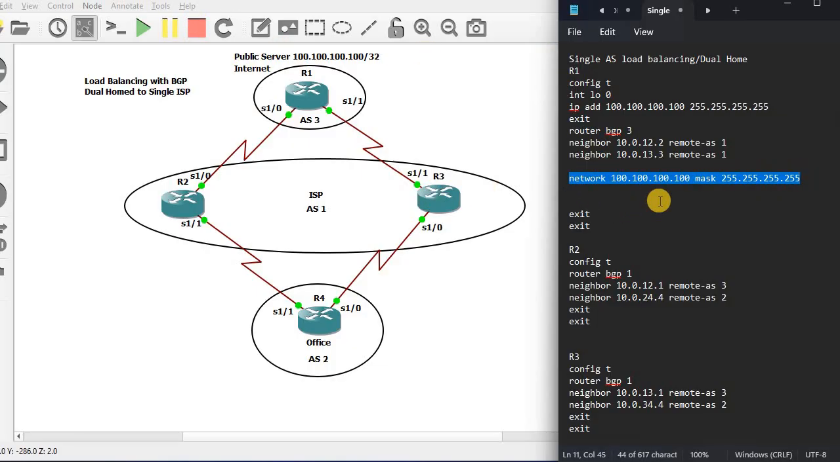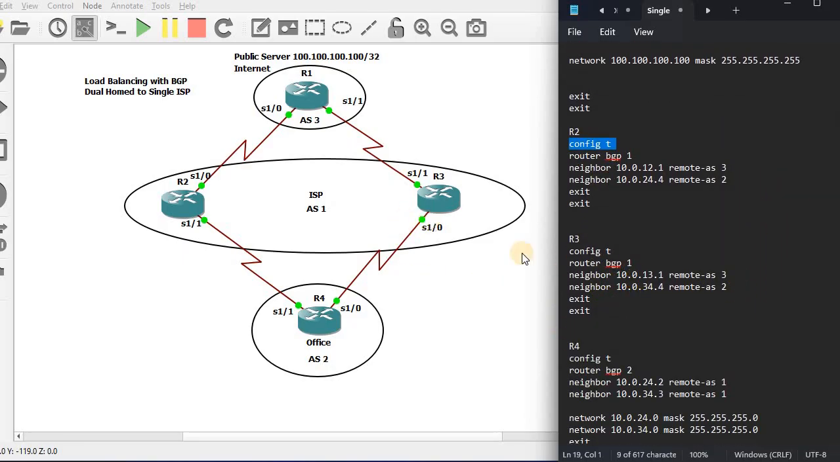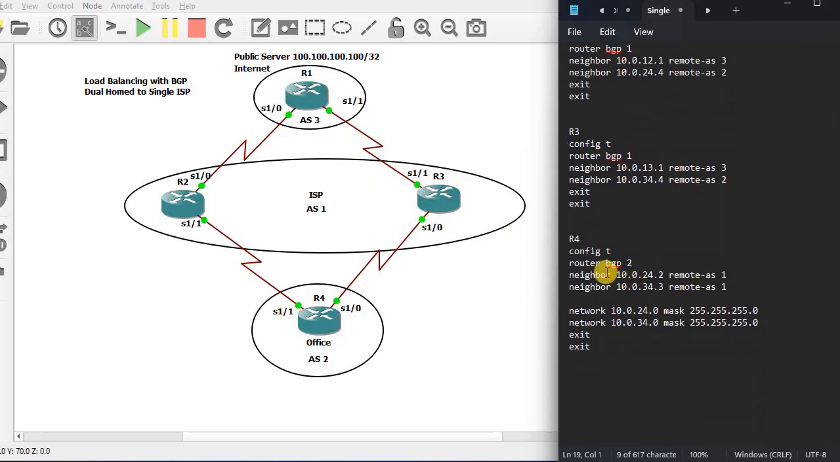Nothing else to do. Then in R2, I configure just BGP 1, because this is AS1. I just make R1 a neighbor and R4 the neighbor. R3 also has the same configuration: R1 neighbor and R4 neighbor, just neighborship. I configure R4 also the same thing, with R2 neighbor